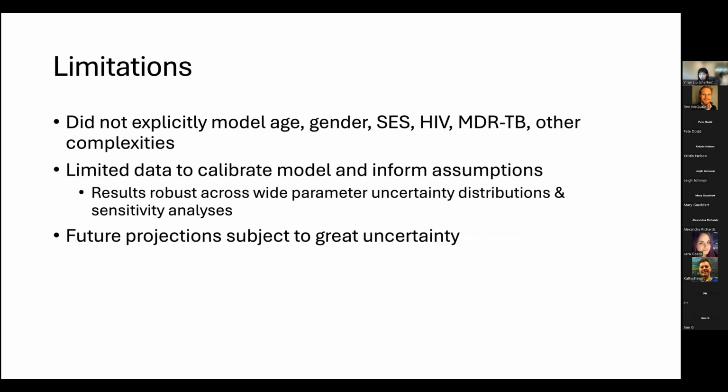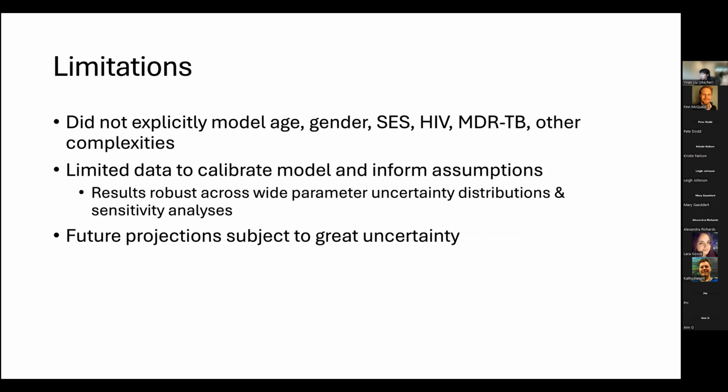Okay, so I'll just end with some limitations and conclusions. Obviously, our deterministic compartmental model is highly simplistic and can't nearly replicate the real world complexity. In particular, we didn't explicitly model age, gender, socioeconomic status, HIV, drug resistance, or other heterogeneities like heterogeneity in infectiousness or heterogeneity in duration of incarceration. Additionally, and this was largely due to us having limited data to calibrate the model and inform assumptions with all of these complexities. Nonetheless, we did have wide parameter uncertainty distributions, and we had a number of sensitivity analyses,